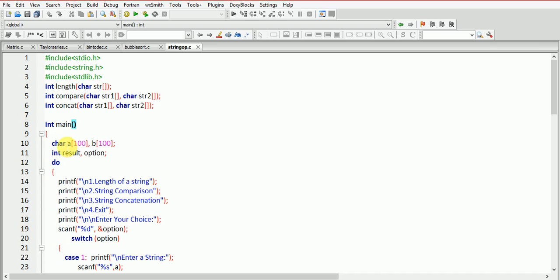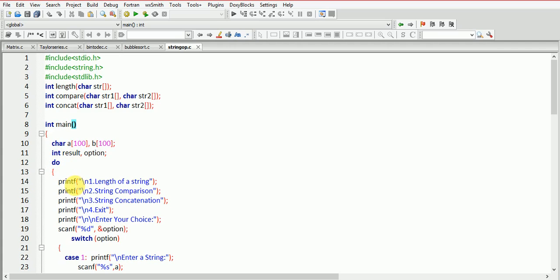So the execution starts from here. I am declaring a value for this string, that is a of 100 and b of 100, and whatever result I am going to get will be of data type integer, and option is for the user to choose which operation he or she needs to perform. So here we are going to make use of a do while.